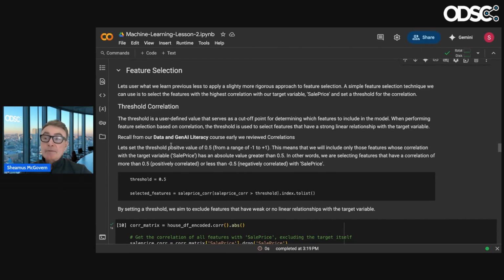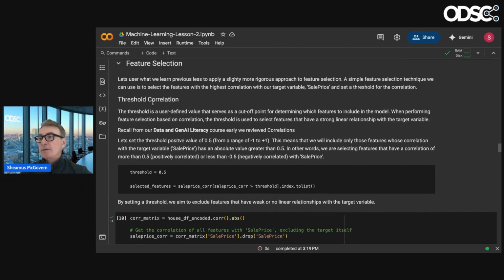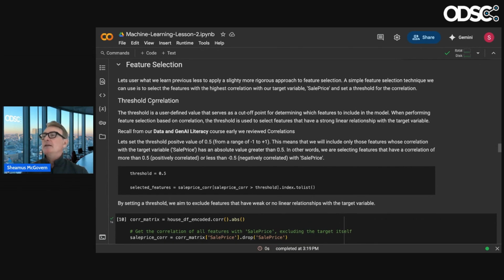Now feature selection. So we've cleaned up some features. We filled in the missing values. Now let's go into some feature selection. Usually when you want to do feature selection, sometimes you can be working with a data set with fewer features, but more often than not, you'll be working with a data set with many, many more features. So you want to use some kind of threshold to bring them down, right?